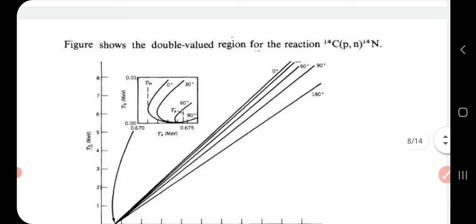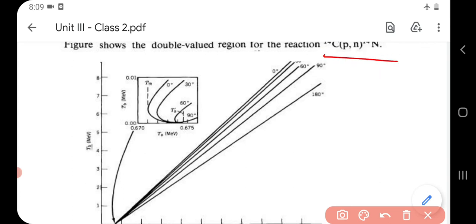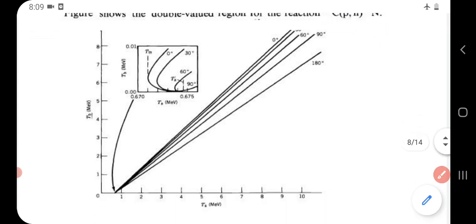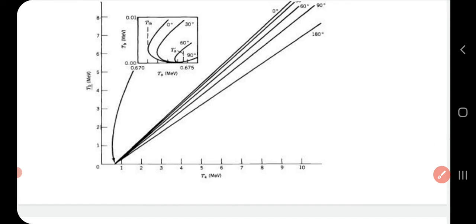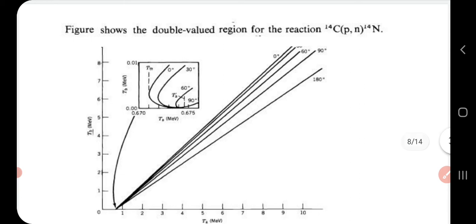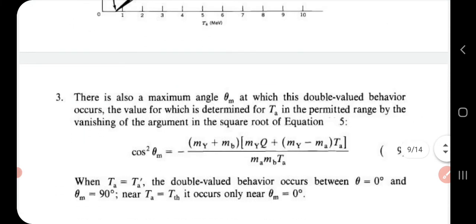Now again a similar graph is plotted for equation 5, but for this reaction. In the earlier case we plotted the graph for another reaction, and this is for the second one. Here also there is no need of writing the exact values. You can just give a rough sketch if you need. Now here